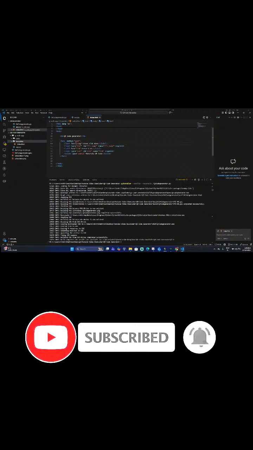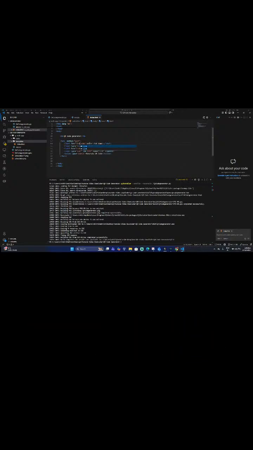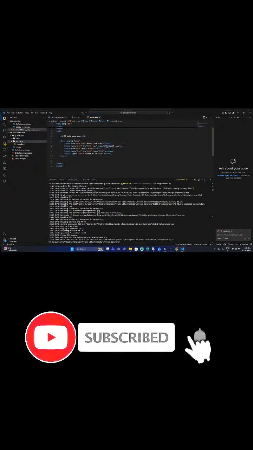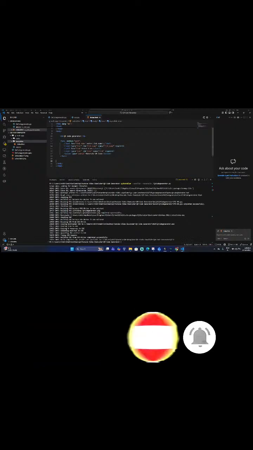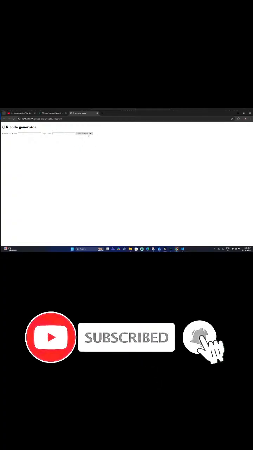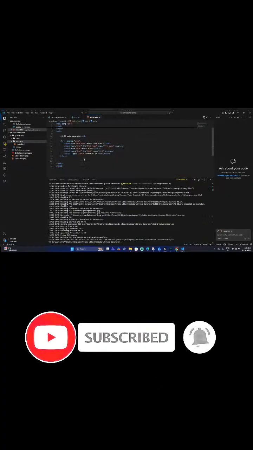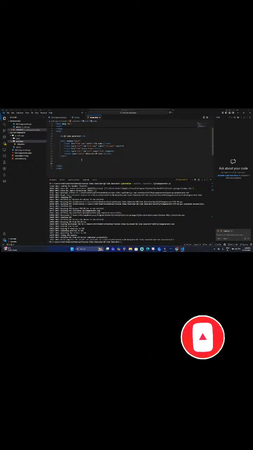So we have a label and an input field here, and again another label, another input field, and one button. It looks in the UI something like this: enter link name, enter field, and generate QR code. And then another thing we have here,